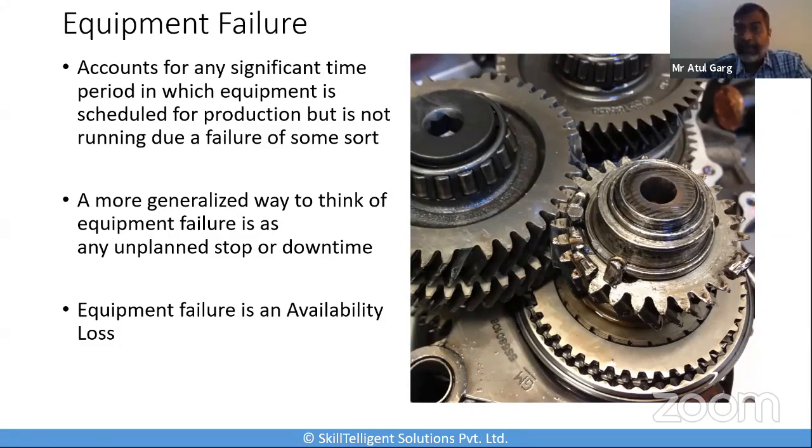From a broader perspective of unplanned stops, other common reasons could also include no operators or material, being starved by the upstream equipment, that is, the equipment before that is not able to produce enough to feed into this machine, and so on and so forth. So there is flexibility on where to set the threshold between the equipment failure and a minor stop, because they both come very close to each other. But to us, equipment failure is an availability loss, whereas a minor stop is a performance loss.